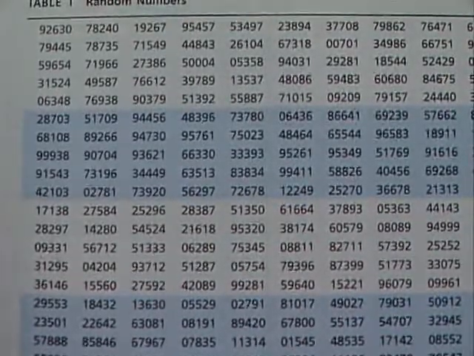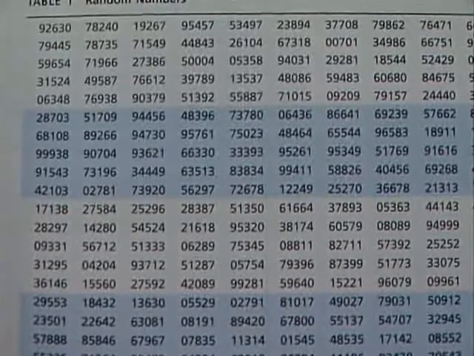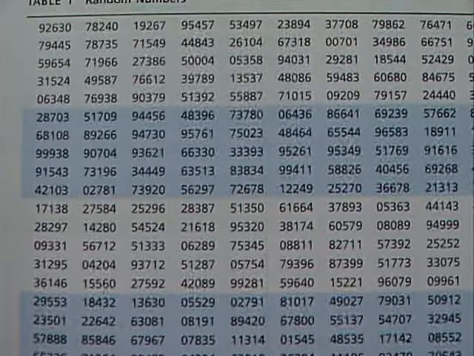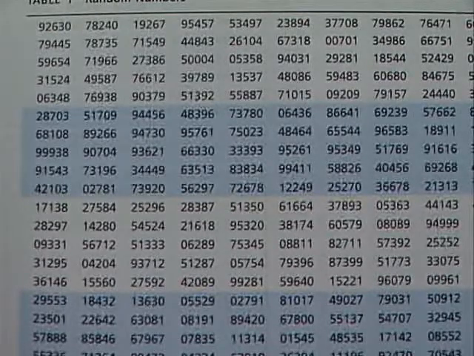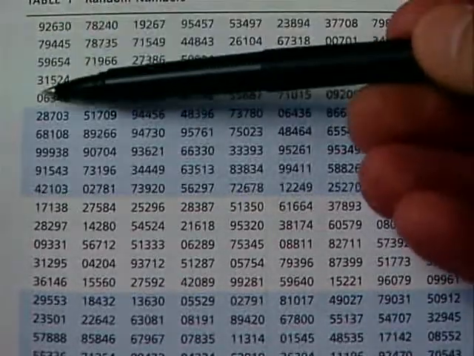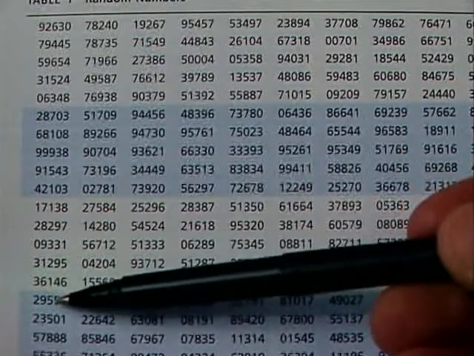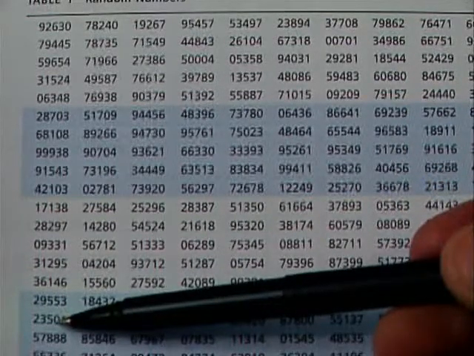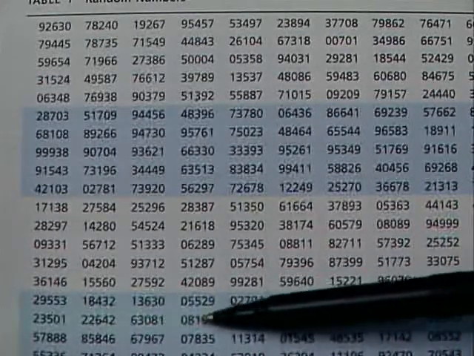And let's just say that randomly we may blindfold ourselves and point at the table, and let's say that we select the 17th row, 4th block. The 17th row, well, we would count from the top. 5, 10, 15, 16, here's the 17th row. Then we go over to the 4th block. 1, 2, 3, 4. 4th block.